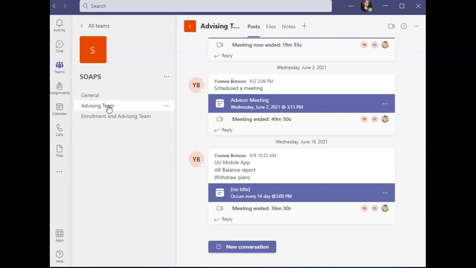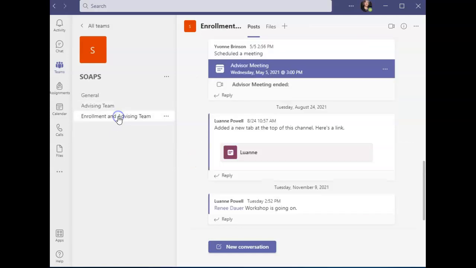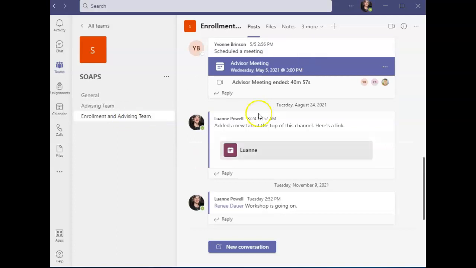Now this channel has not taken off as quickly or been as productive, because you'll notice that right below it we have the enrollment and advising team. And what we found is that these two areas are intertwined and they function better as one channel. So let me go to the enrollment and advising team, and you can see we have conversations going on, but